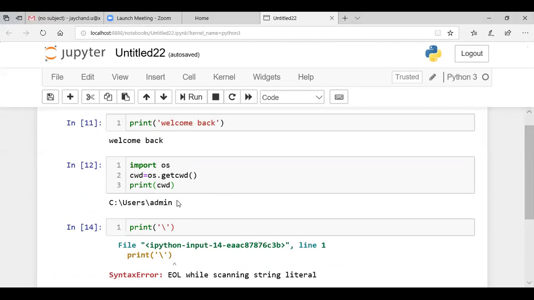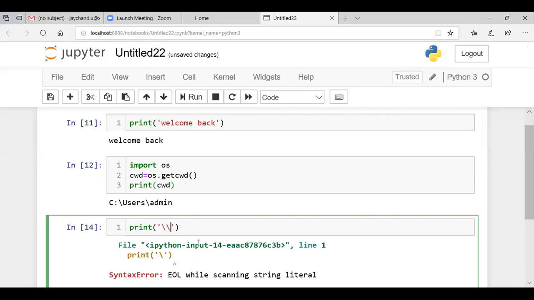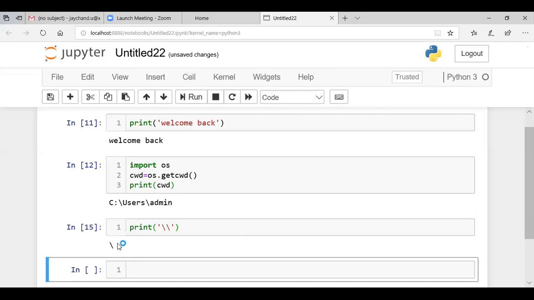I just wanted to print this slash character, but here it is showing an error. This is called an escape character, so in order to print it, you have to use two. The first slash indicates that you are going to print an escape character, and then the escape character. Now let's run that. So it is printing.